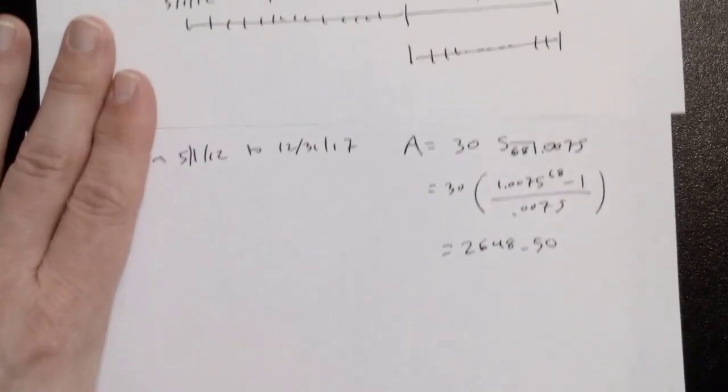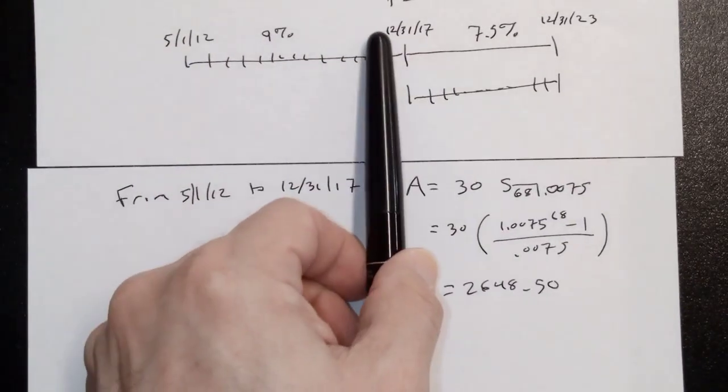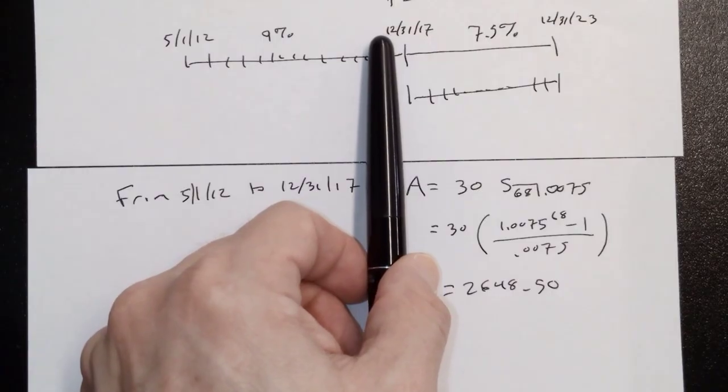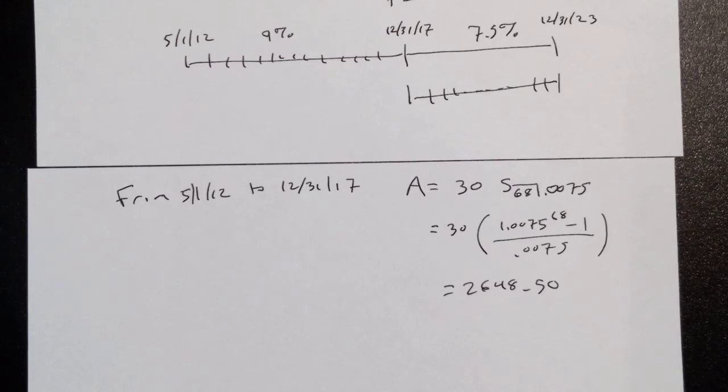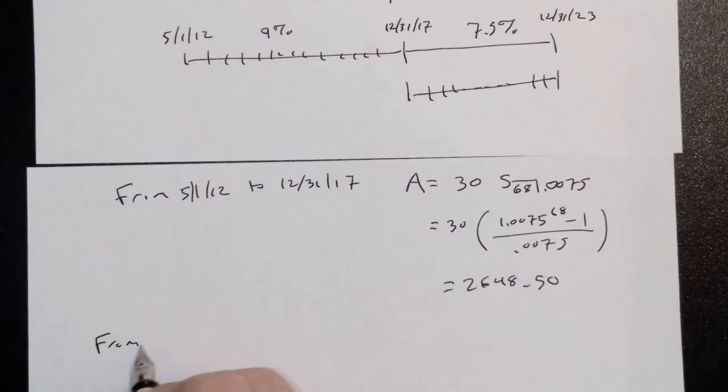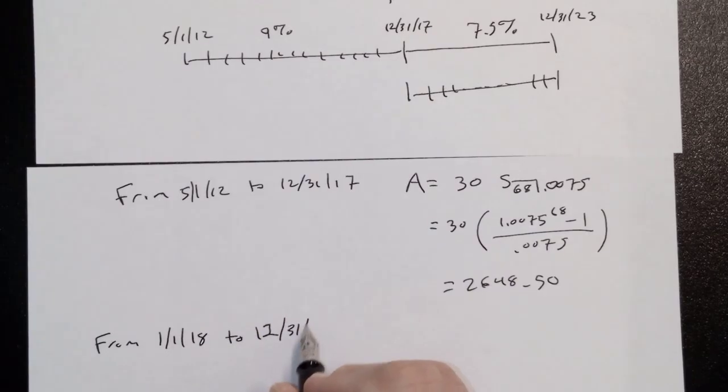And that brings me to this point in time. And now I can think of this as two separate pieces of account. That $2,648.50 sits in the bank and does what? Gains interest. That's all it does. So the accumulated value between 1/1/18 and 12/31/23 is